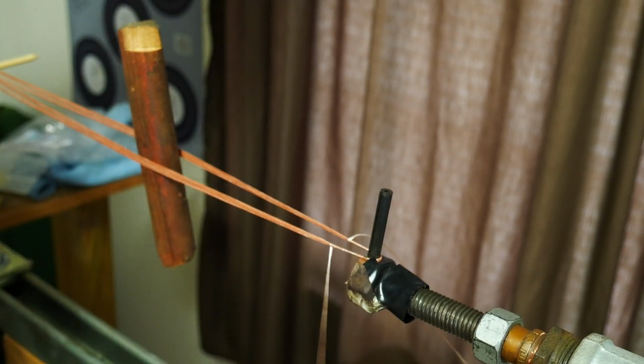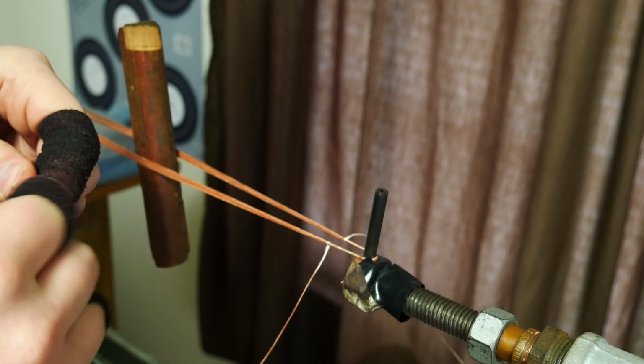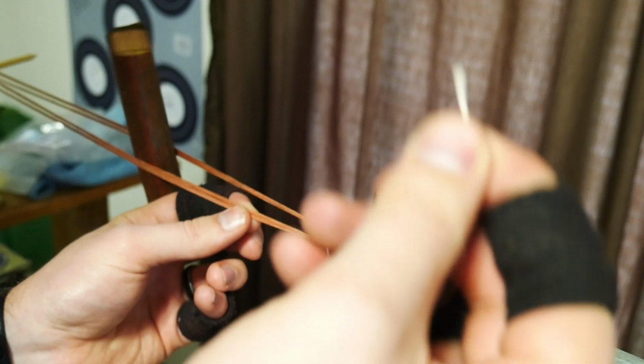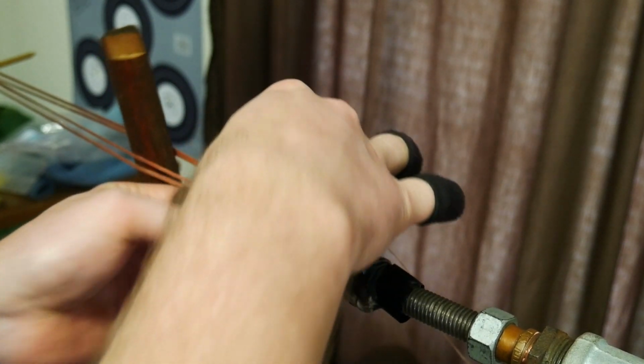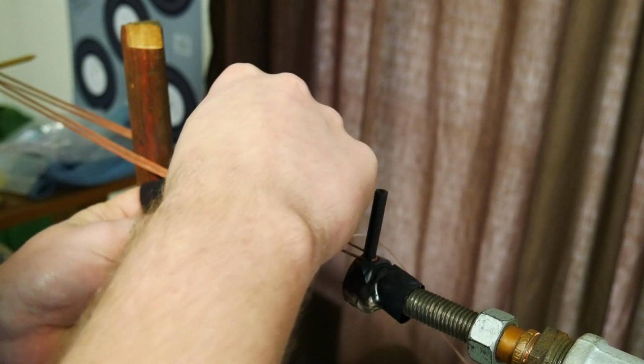Okay, so I've got those far enough now, so I'm going to show you how I close this loop out. On my first side I close, what I do is I take my tag and I just come through and I split that bundle, suck it back. I'm going to do this about 3 times,